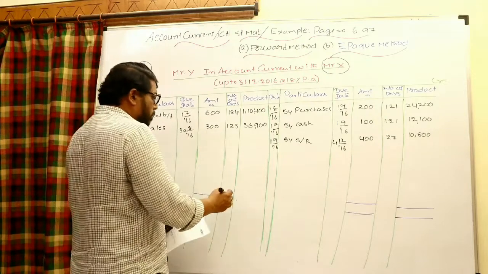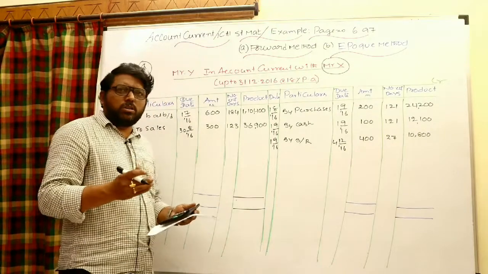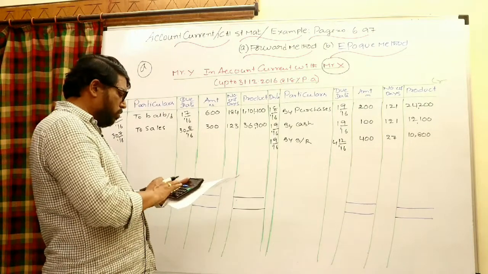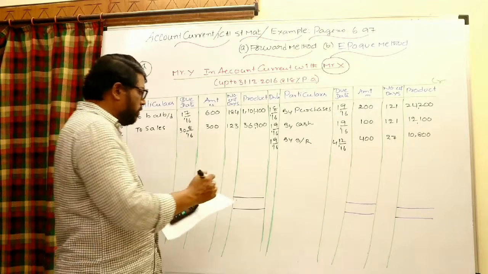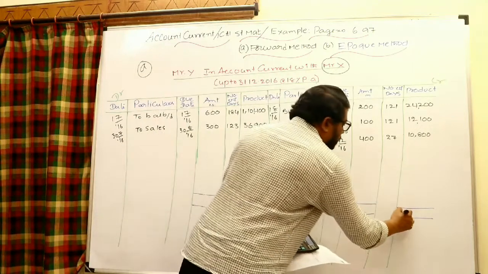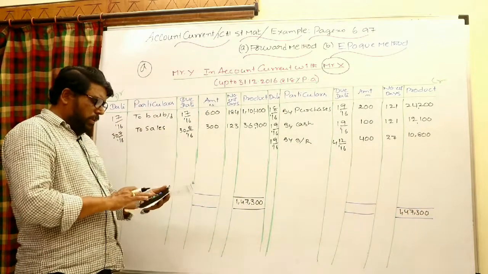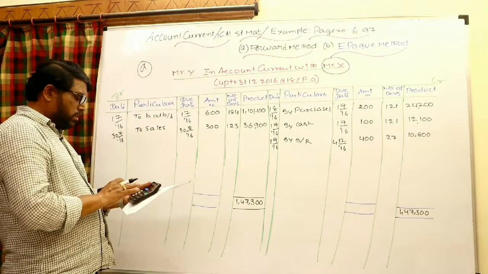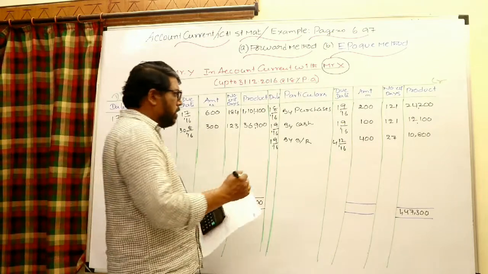We need to work out the balance of product first. This we have already done in the normal manner. We know very well how to work out the forward method. So debit product is looking more. Total 1,10,400 plus 36,900, 1,47,300. 1,47,300 minus 24,200 minus 12,100 minus 10,800. The balance of product is 1,02,000.